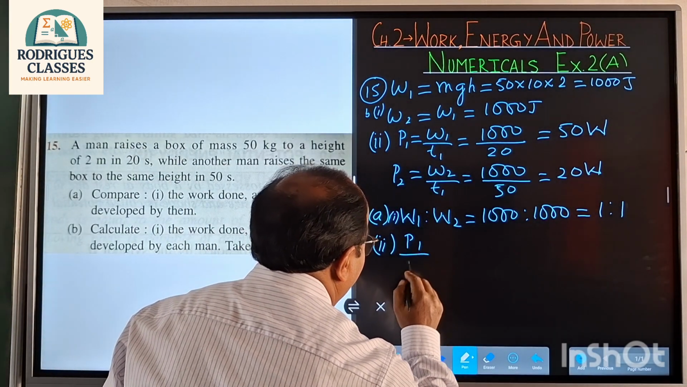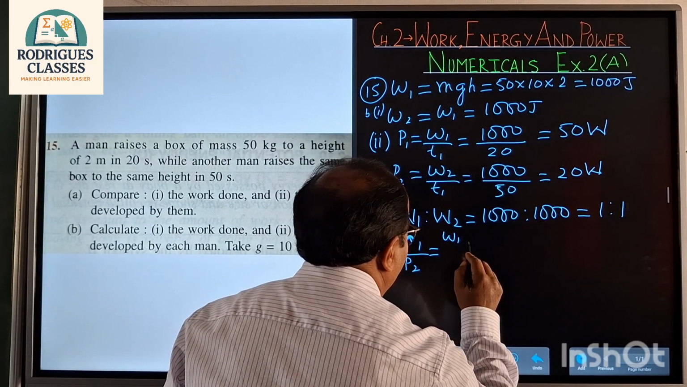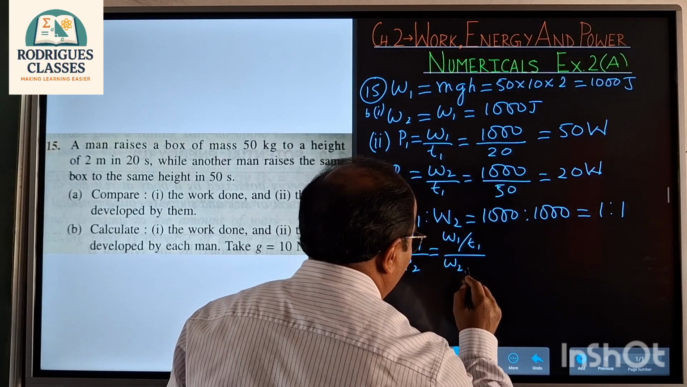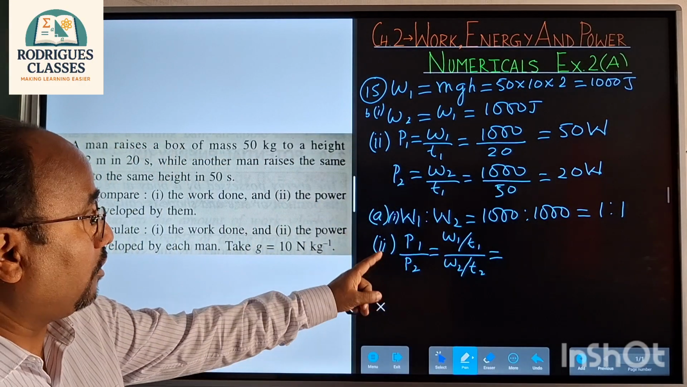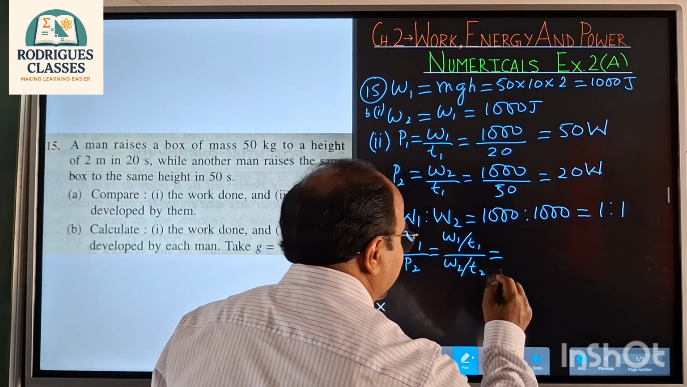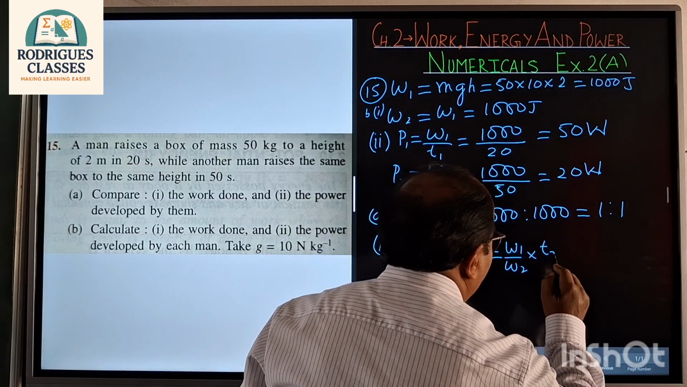So P1 by P2, W1 by T1 and W2 by T2. You know that the ratio of the work done is the same. Okay, 1:1. So in a way we can cancel it, or we can write W1 by W2 into T2 by